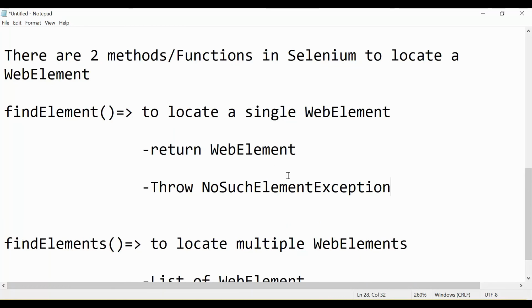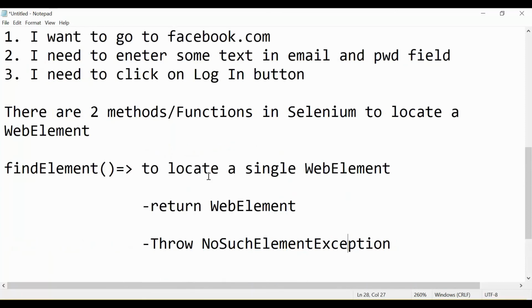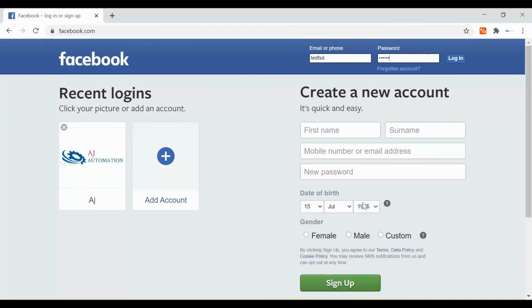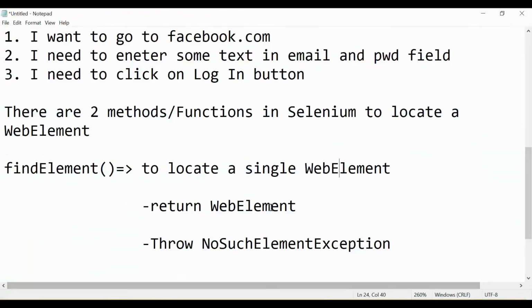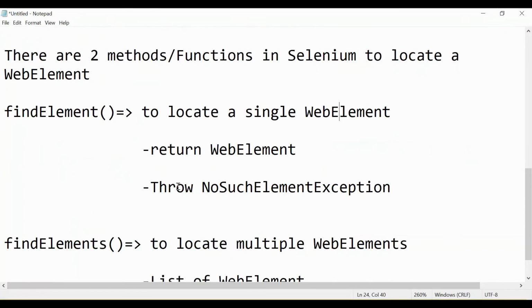We are going to see what exactly an exception means in Selenium and how to handle it in a separate video. As of now, just see that we use the find element method to locate a web element. But sometimes the web element is not present on the web page, and at that time this method will throw a no such element exception.